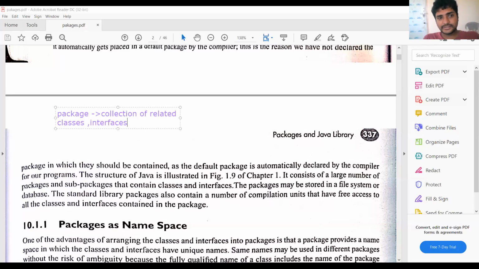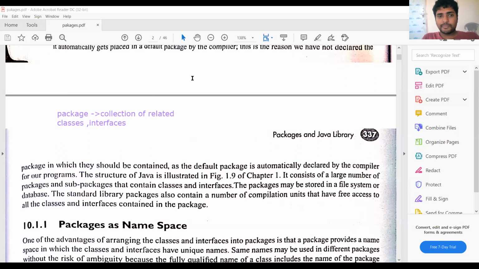Package consists of classes, and classes consist of methods. This is the basic definition of packages. It's a collection of classes and interfaces.